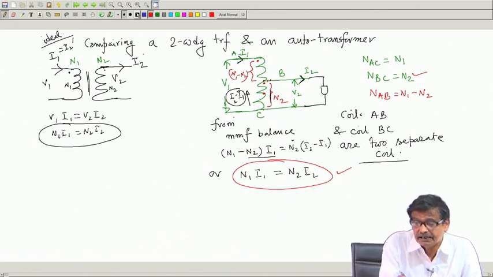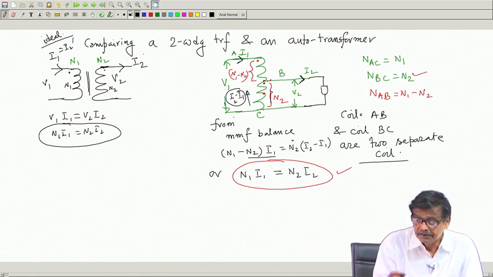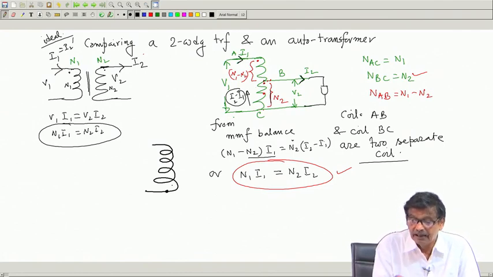That is what I am telling: if I draw it like this, suppose I use a bigger one, suppose this is the copper wire I am using for this portion B, I am sorry,